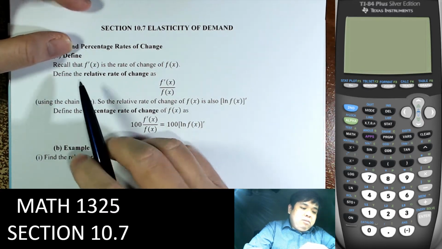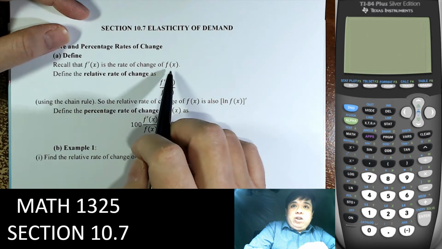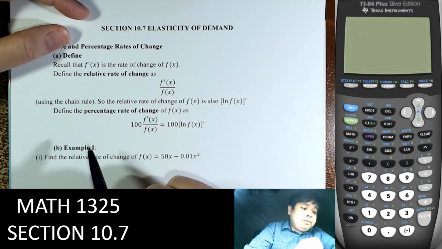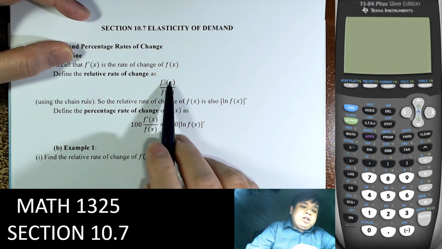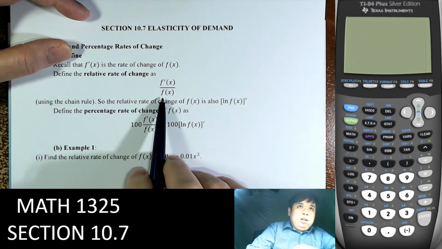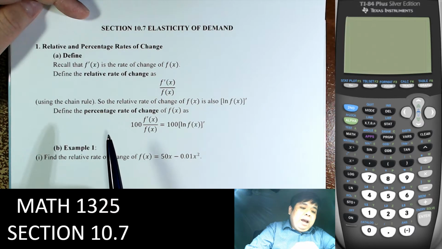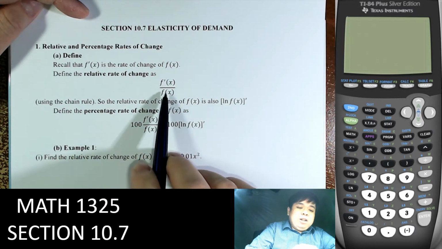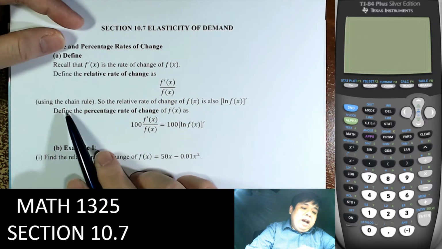So recall that the derivative is the rate of change of the function f of x. Then we define the relative rate of change, which is the derivative divided by the function. And so relative to the function, we find the derivative. So we just take the derivative divided by the function. And if we use the chain rule,